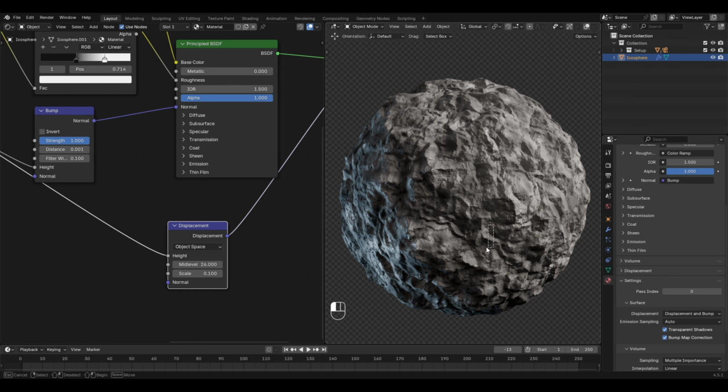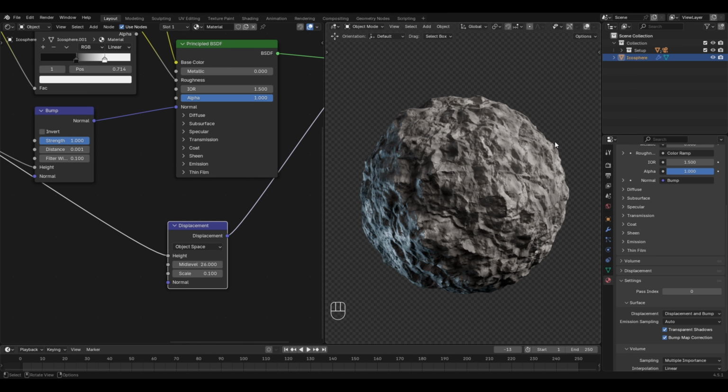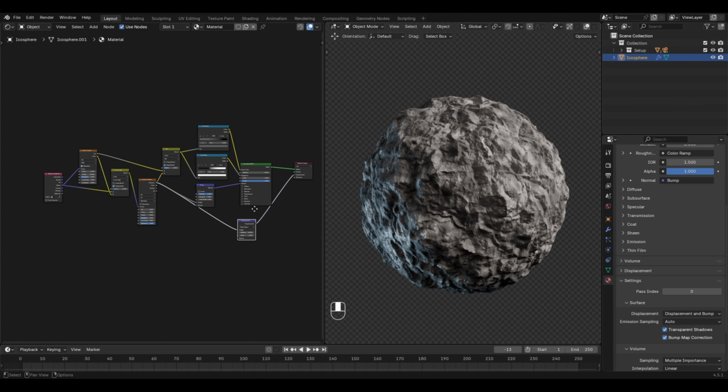shape. The combination of procedural textures, bump mapping, and true displacement creates a highly detailed and realistic rock material entirely